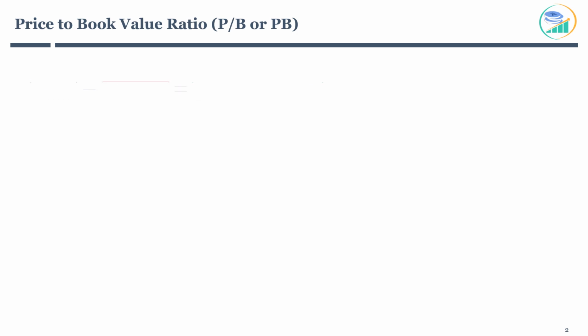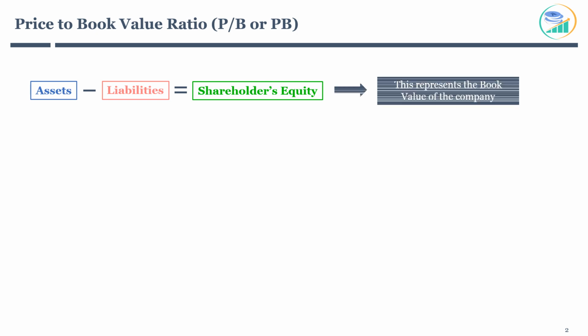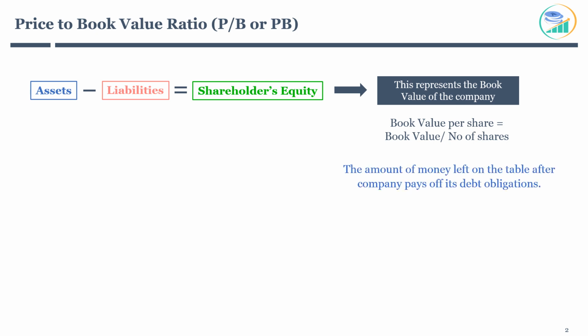Company's total assets minus total liabilities gives you shareholders' equity. This is also called the book value of the company. Book value divided by number of shares outstanding will give you book value per share. In short, this is the amount of money left on the table after company pays off its debt obligations. In case company enters bankruptcy or needs to close its operation, this is the amount of money investors can expect